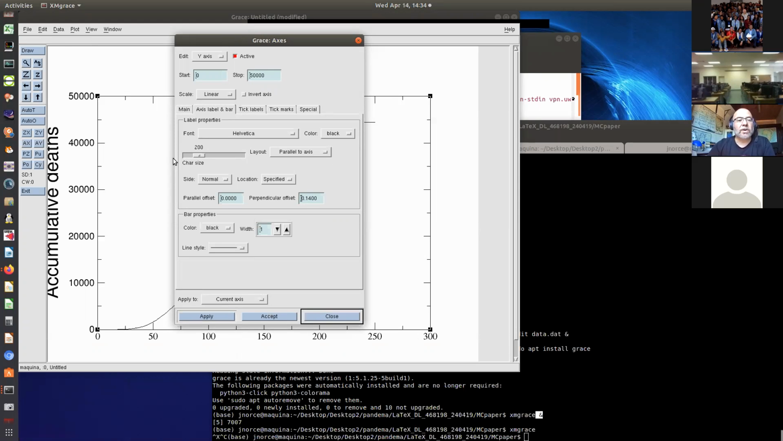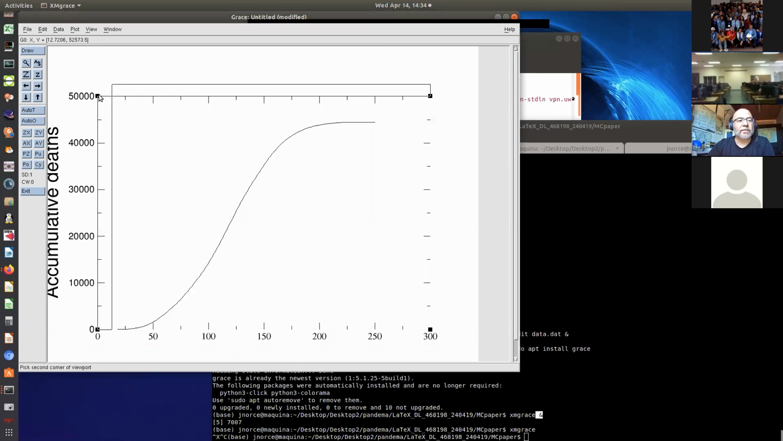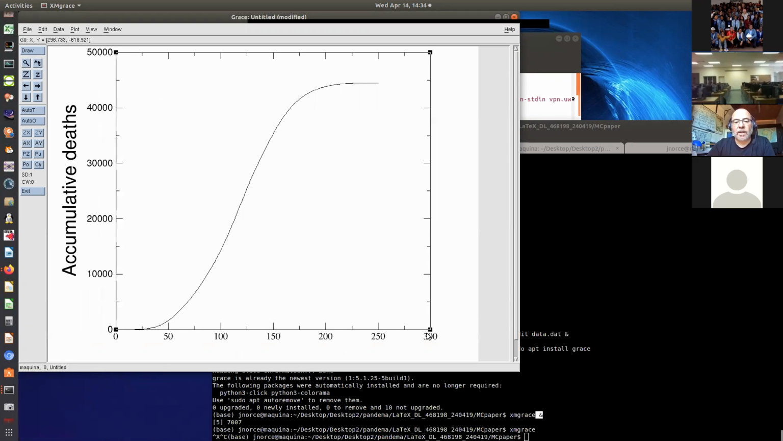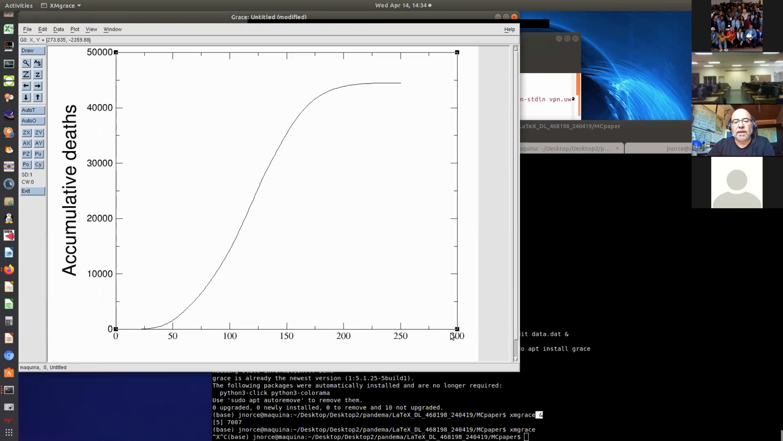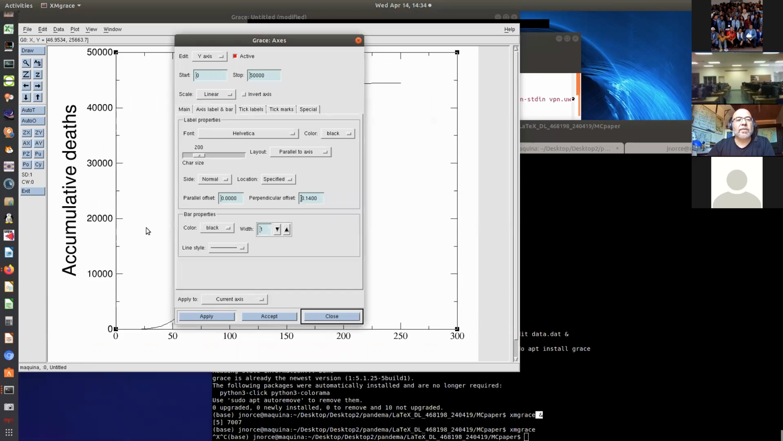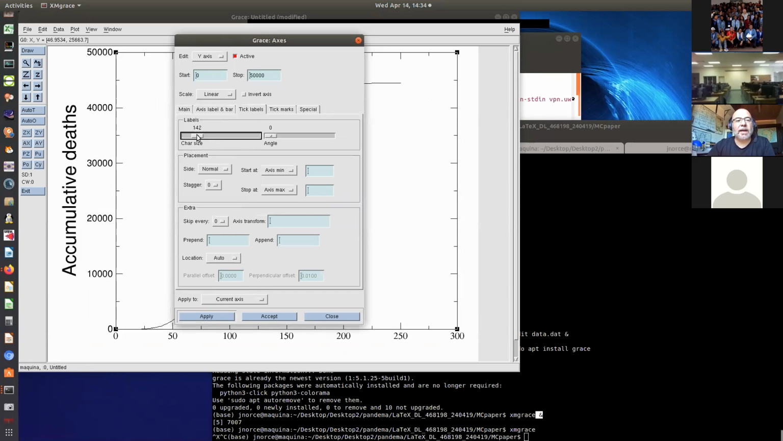Okay, so close. Let me see, close, and then I'm going to move this so I can see this better. So basically, we can increase these numbers by tick labels, and then this is 100. I normally use 150. Okay, and then I also use 150 for the x-axis. So when you publish this figure,